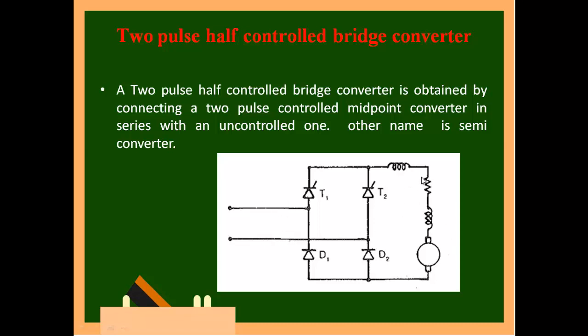But with respect to the load, the current is always unidirectional. See here, starting from this D1, then the inductor, then the load, the path is in this direction. Again during the negative half cycle also, you can see this is D1 and T2, and current enters the load in the same direction. So what happens? Bidirectional is converted into unidirectional. Unidirectional is nothing but DC, bidirectional is AC. So I have successfully converted my AC to DC with the help of only two pulses, one pulse for T1, another pulse for T2. The thing to be noted is that you have to turn on T1 during the positive half cycle and T2 during the negative half cycle.